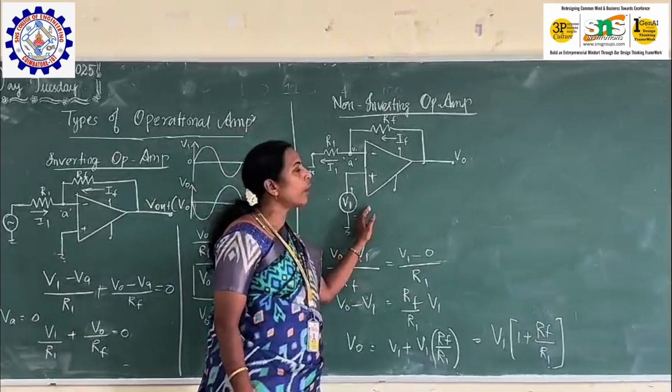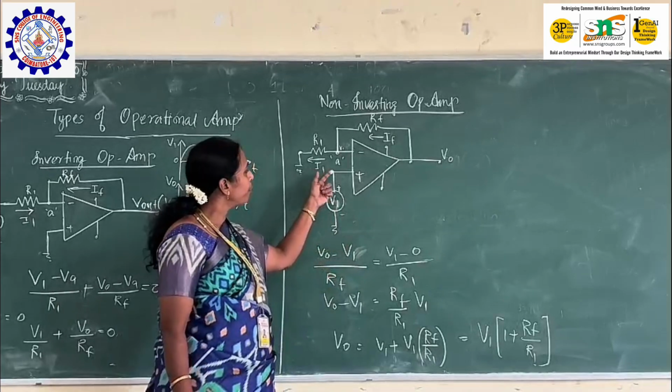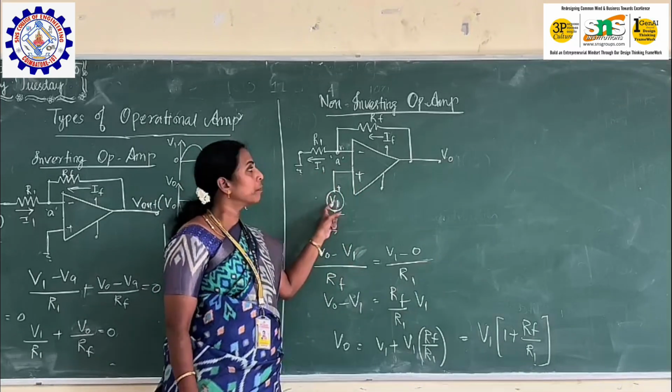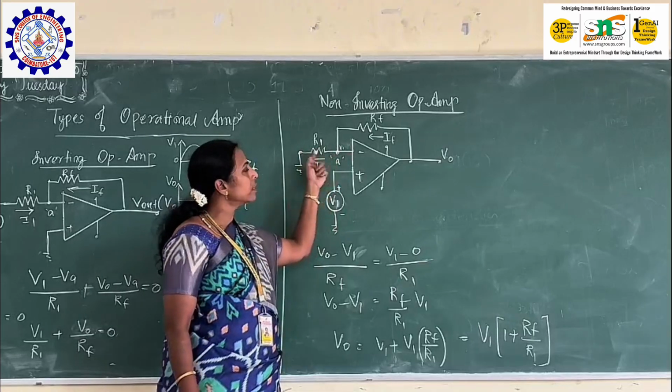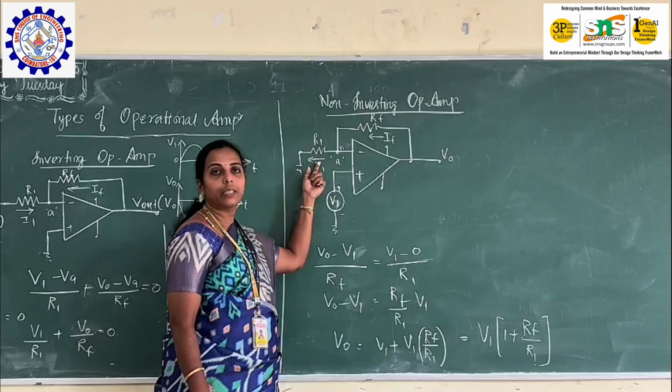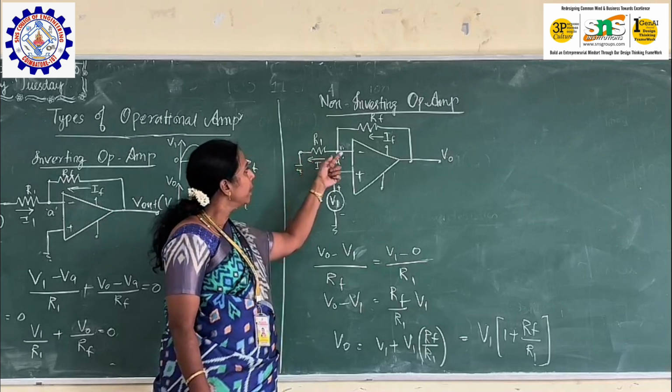Now coming to the non-inverting amplifier. In the case of the non-inverting amplifier, we give the input to the non-inverting terminal, and the inverting terminal will be grounded. Here obviously we will have the resistor R in, and here this